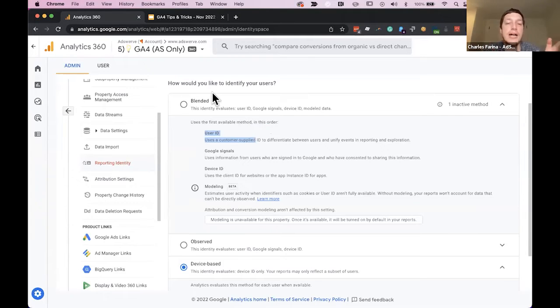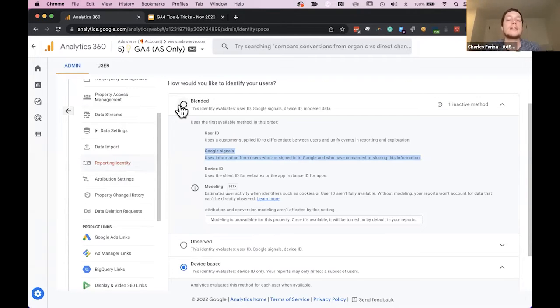Now, for this advanced topic, this is the real one that I want to focus on, which is Google Signals. Google Signals is Google's cross-device graph of signed-in Google users. So we're talking YouTube, we're talking Chrome. If you enable Google Signals for your property, other users who visit your site who have also enabled advertising preferences will allow you to use Google's identity graph to better stitch users across devices and browsers.